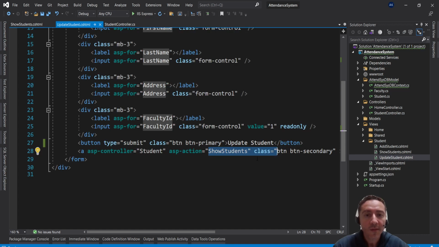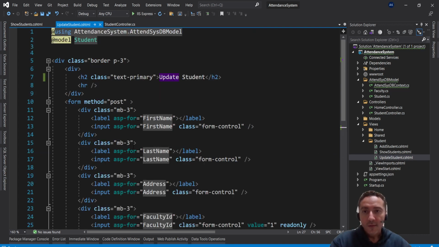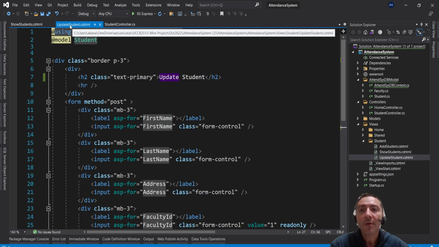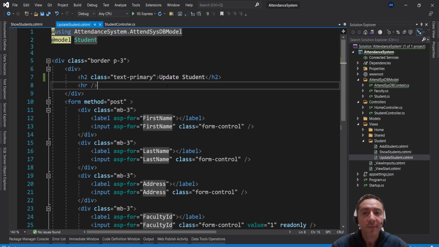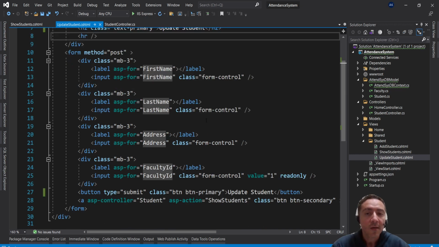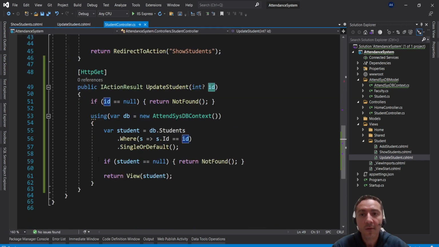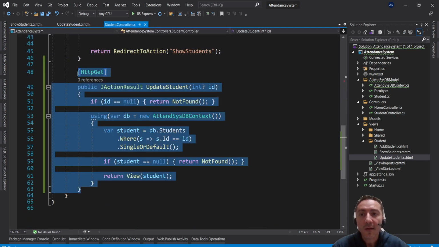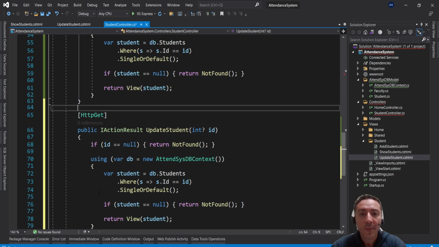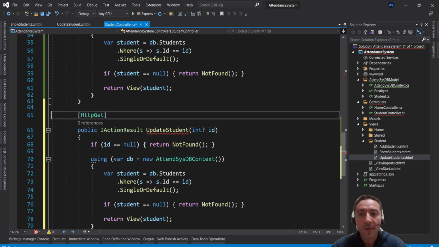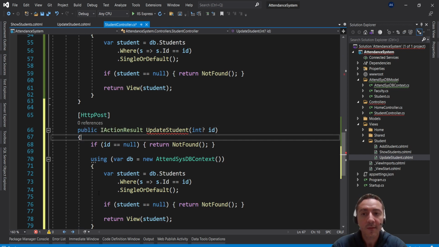Okay, so it's still pointing to nothing. So yeah, it's going to go to update student again, right? So it's not going to work. And then we are having a post method, so we need to provide a post method for that. So let's go to the controller, and then here what we can do, we can copy again, but this time what we're going to have is HTTP post, right? And then here we're going to get student,